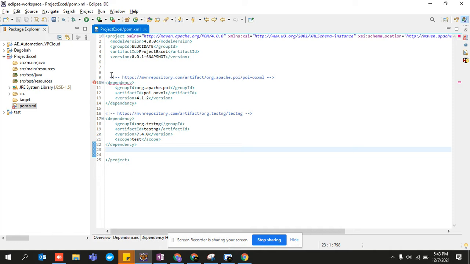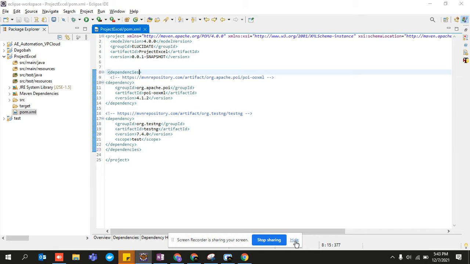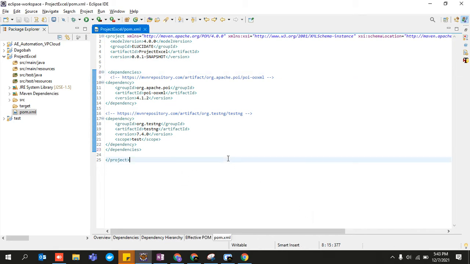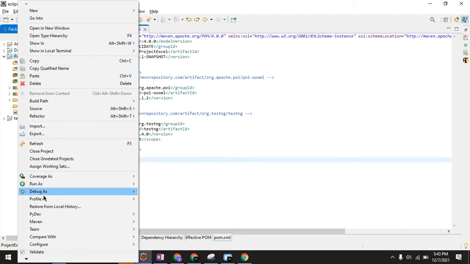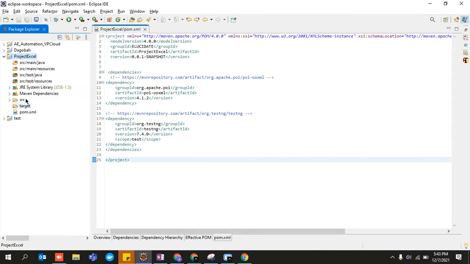In order to remove this particular error, you have to add one more tag and close this tag with dependencies. That is it. So simple. If you press Ctrl and S, and refresh our project, then maybe dependencies have been added over here.